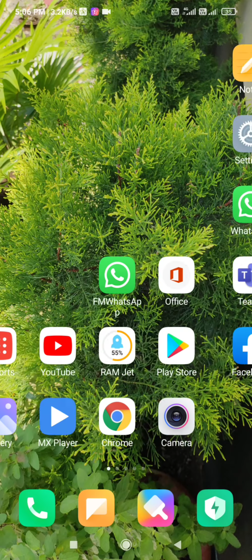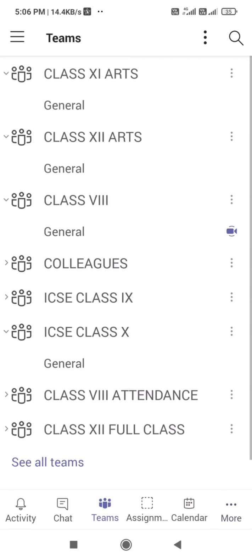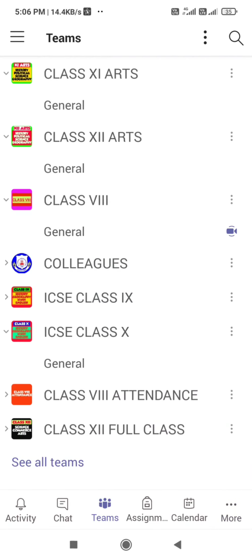Now go to Microsoft Teams. Suppose you belong to different classes, like from class 7 onward, 7, 8, 9, 10, 11, 12, they have to submit the answer sheet in the Microsoft Teams folder. As per my group you can see a few are there. Suppose for example it is class 8. Okay, so they'll go to the class 8 General tab.